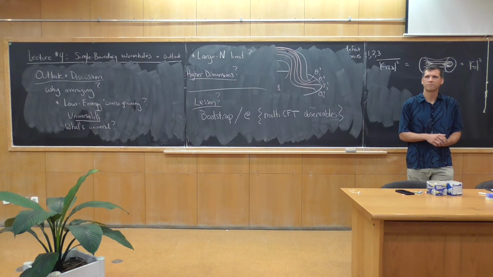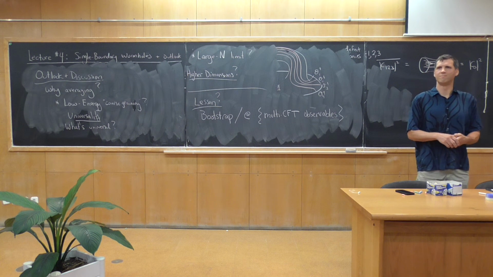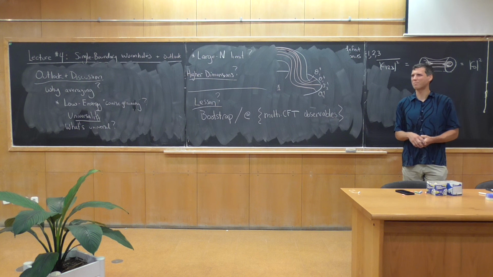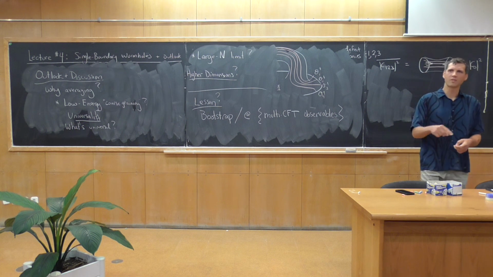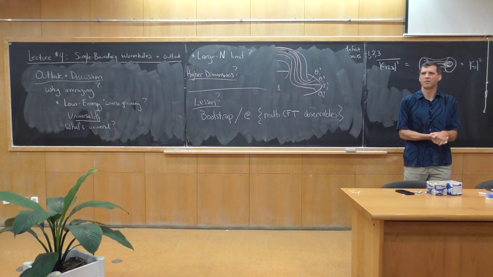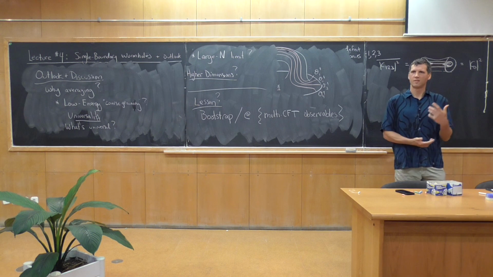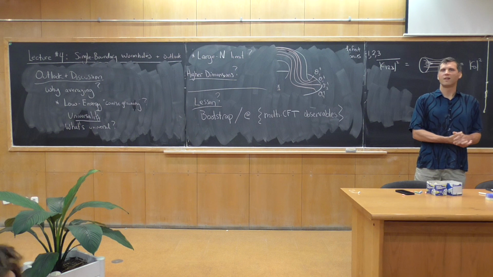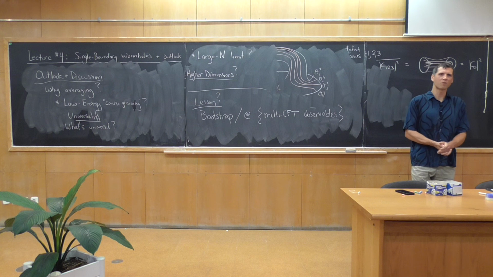Question? I'm actually confused. Do you think that the wormhole is sort of a UV thing, or is it IR? I think it's both. Let me start with an easier question. Is a Euclidean black hole a UV thing or an IR thing? Okay, so we can use the action of a Euclidean black hole to calculate the entropy, which is UV counting, but it's clearly an IR thing. And I think wormholes are similar.